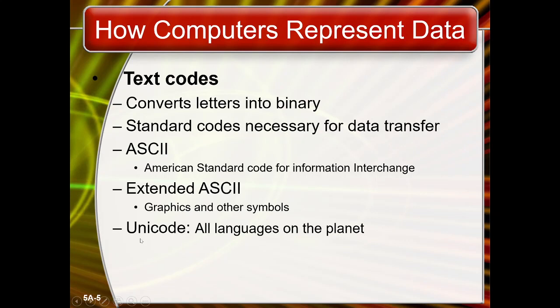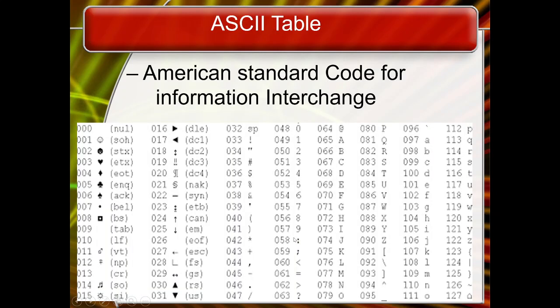There is another standard referred to as Unicode, or Universal Code. It comprises all languages on the planet. So here we come. This is the ASCII table. We can also refer to it as the ASCII chart. Here are some values, and these numbers are decimal numbers, right? Here are the characters,